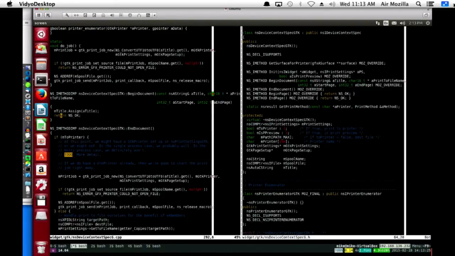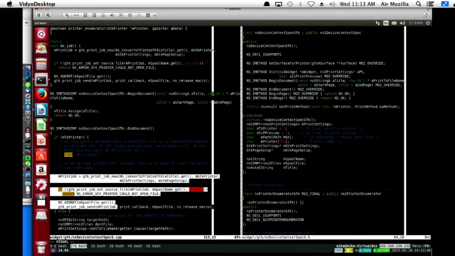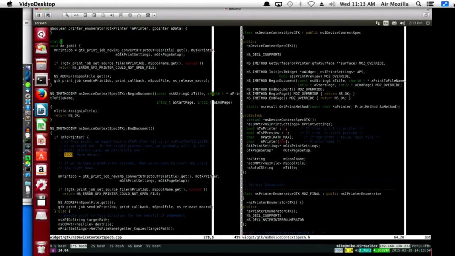This needs some thinking about up here. We got the title, so we would have enough information to pass down if we just passed the device context spec GTK into the enumerator as the data. We could do it. So then maybe do job should just take like G pointer spec.